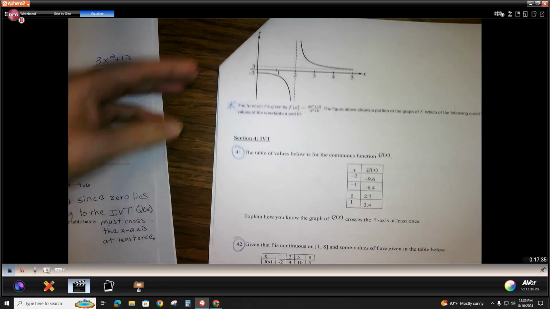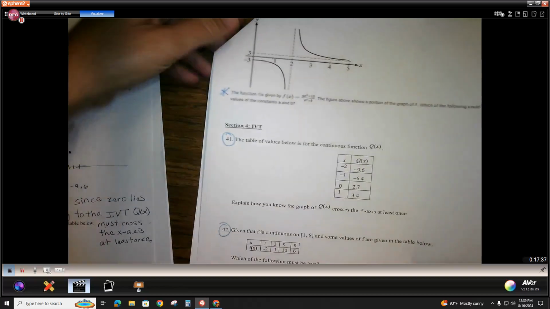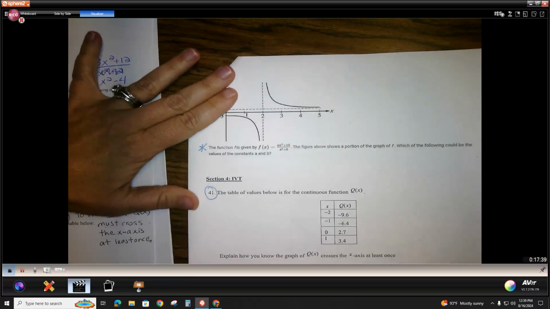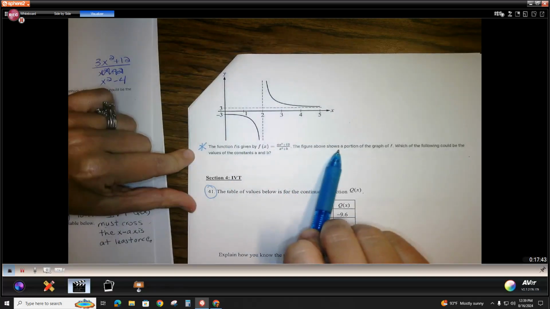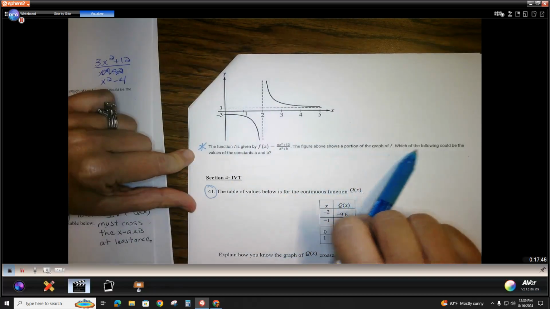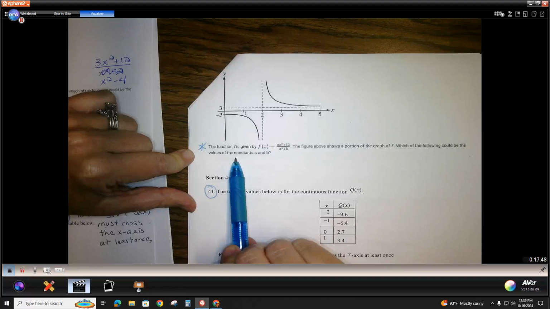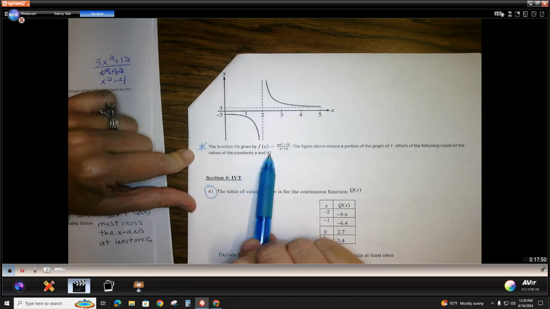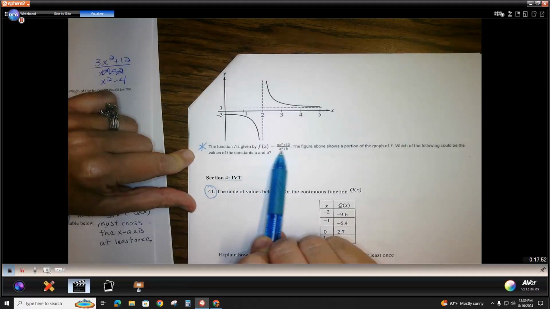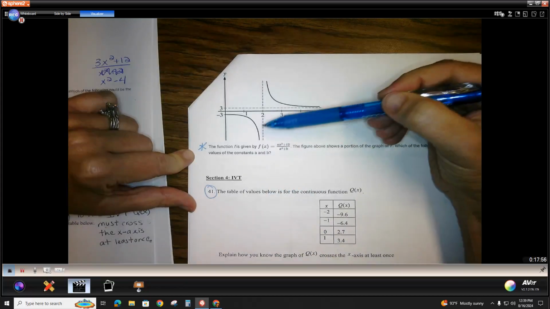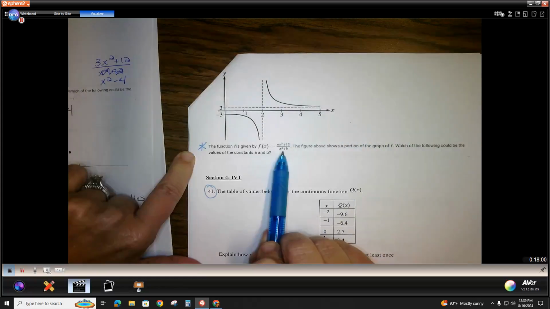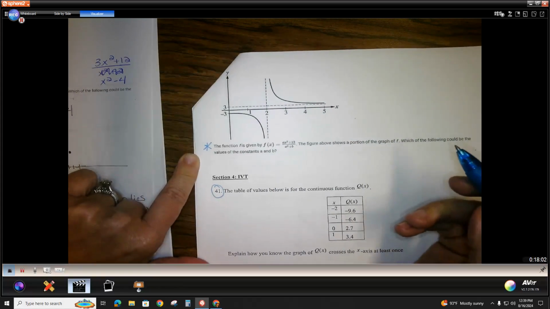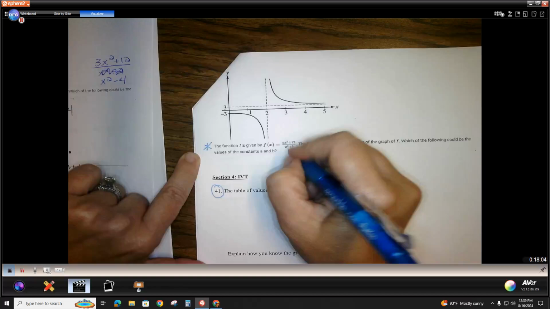Okay, I'm skipping to number 40, I believe this is. Yes, 40. Here's the function. The figure above shows a portion of the graph of f. Which of the following could be the values of the constants a and b? So we're looking to find these. Well, we know the denominator is about the vertical asymptotes. We have a vertical asymptote here at 2. I also see this squared. So I'm kind of thinking like